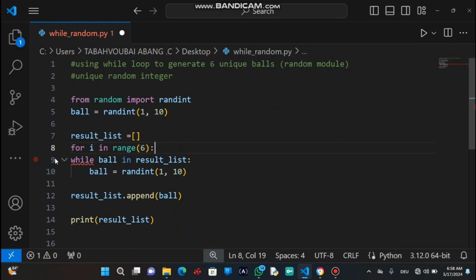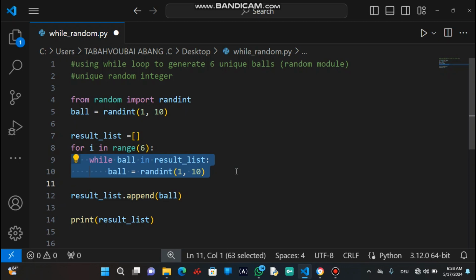But now in Python, as you know, we have to respect indentation. So let's indent this block. Now for i in the range, you go through this 6 times and append to our result list, so that if we run it